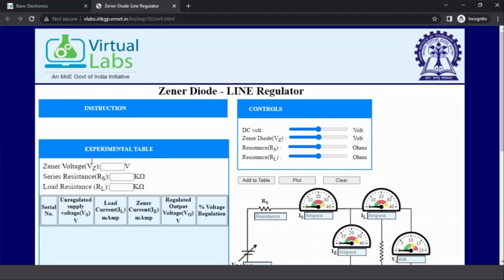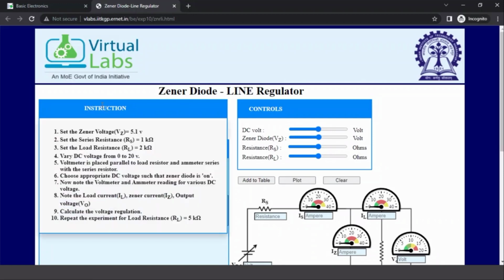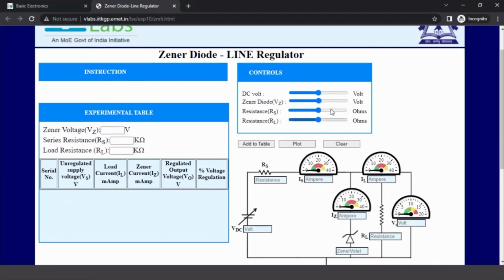Right? So you can see here, go to the instructions and set the Zener voltage to 5.1 volt. So let us set that Zener voltage. If you vary this, you can see I can set the value from here itself. If I am varying this, you can see the Zener voltage is changing when I vary. Zener voltage should become